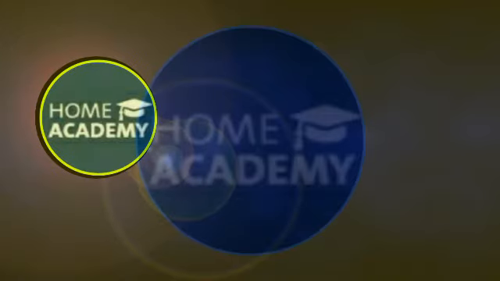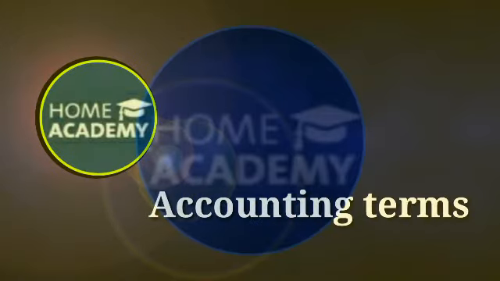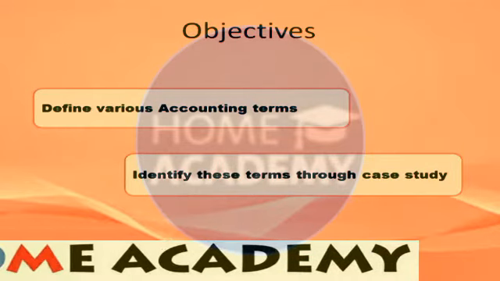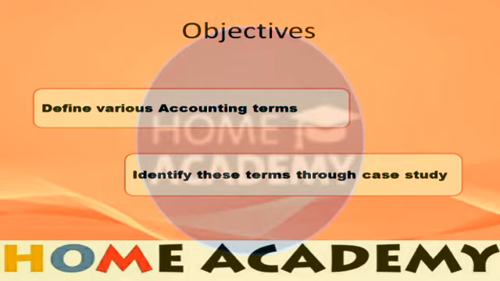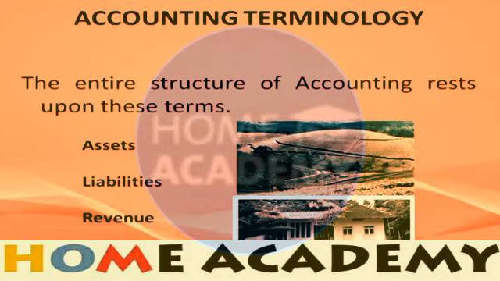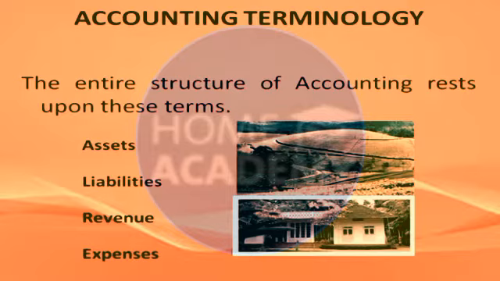So let us learn about what these accounting terms are. In this chapter, we shall be talking about defining various accounting terms and identifying these terms through case studies to give you a better understanding. Now, the entire accounting structure rests upon four major terms, which are assets, liabilities, revenue, and the fourth is the